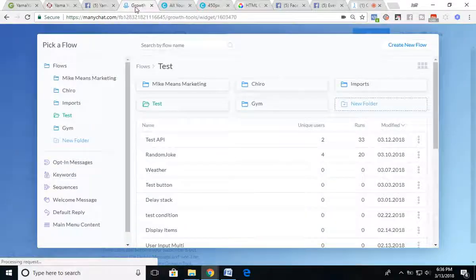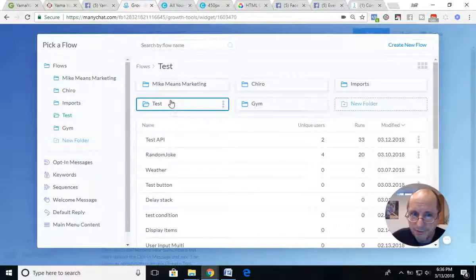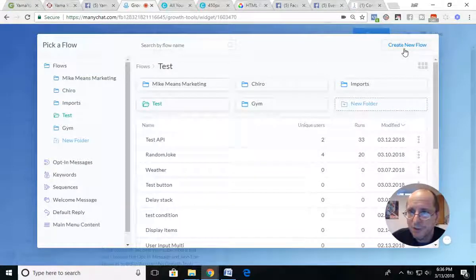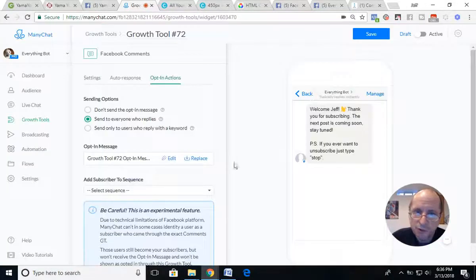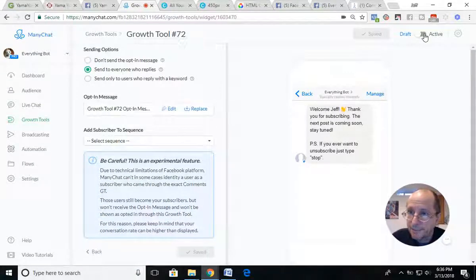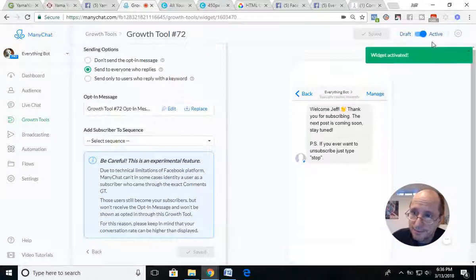And so what you would do is go in, you grab your Groupon Yoga. Let's say it was in test, and let's say it was in here, Groupon Yoga. You would grab it to connect it to your growth tool, and then that would fire off, and then you would save it, and now you're all set. We're going to make it active. Make sure that you make it active, and now it's active. So now your growth tool is active,